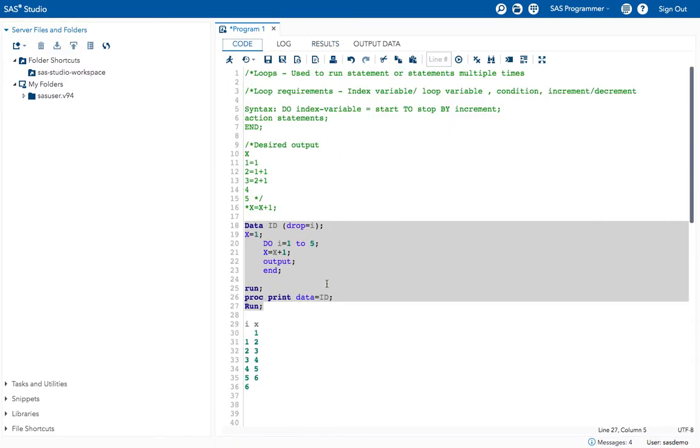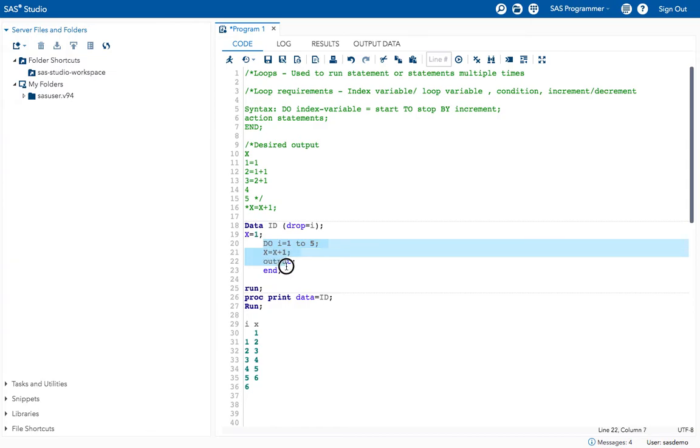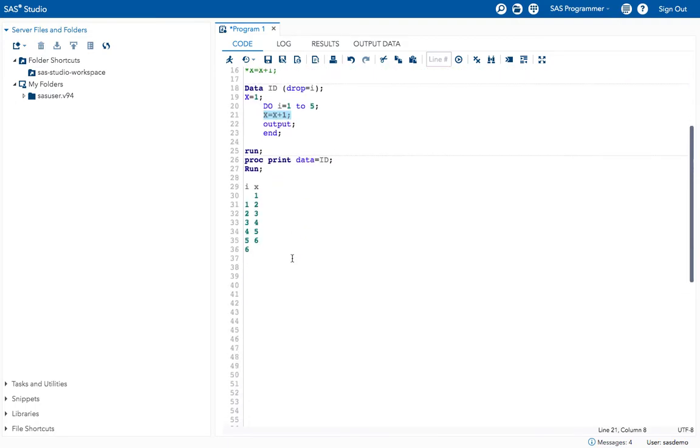What we have basically done here is run this do statement again and again with a condition. We have mentioned the condition to run the same statement 5 times with one increment, or by default one increment. So this is about loops.